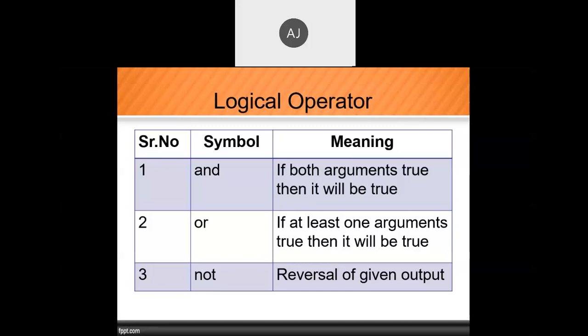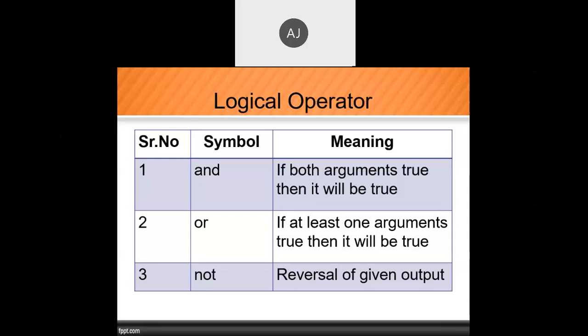See, the relational operator and logical operator are both used with a condition. Without a condition, it is not possible. But when we use a relational operator, we need to test only one condition at a time. For example, if we have two values and you want to check them, we can use relational operators like less than, greater than or equal to, not equal to.